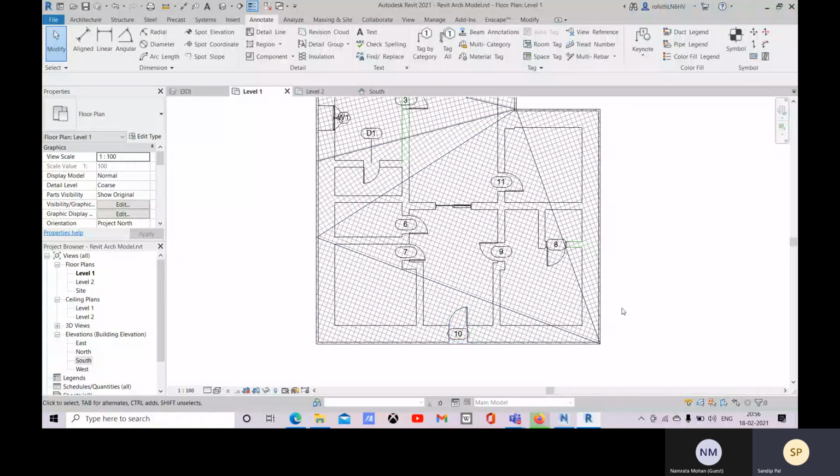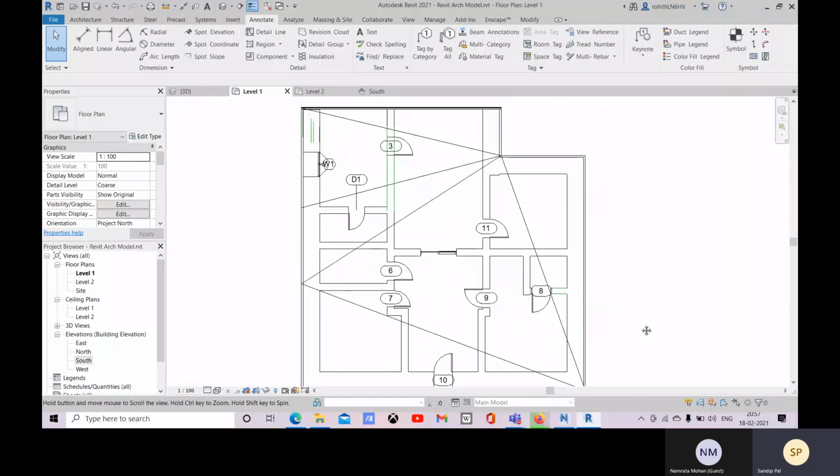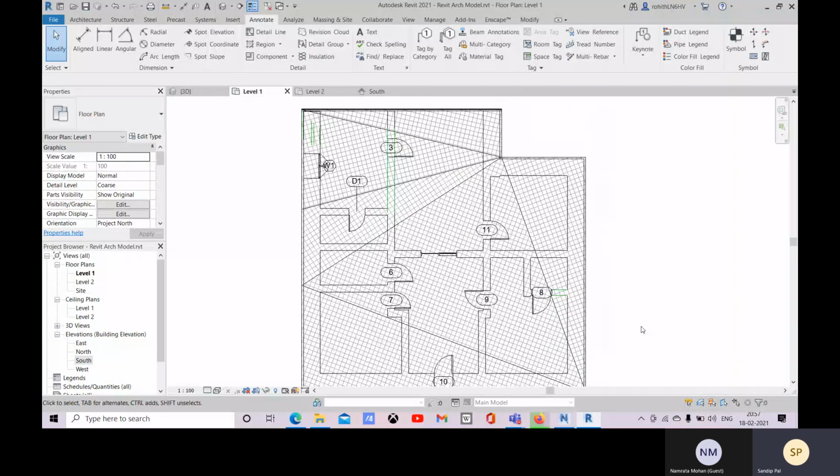Yes, select all the doors. So door tag is there, room tag, your window tag also is there. So you have to choose the category. For that category, all the objects will be tagged. Okay, so this is all for today.